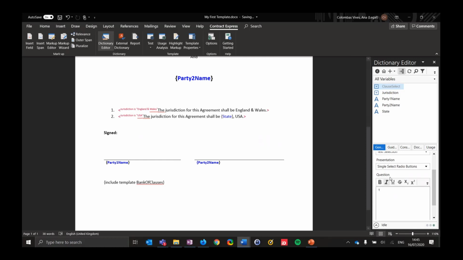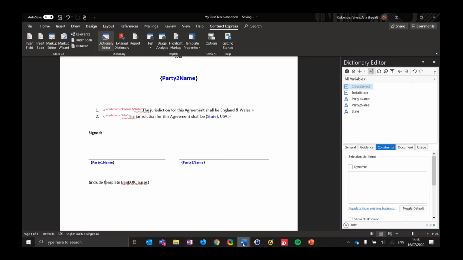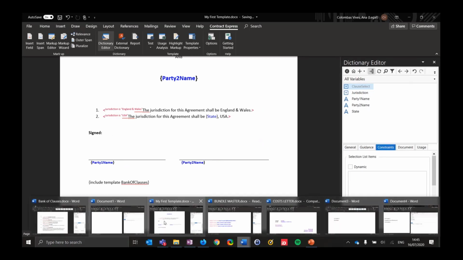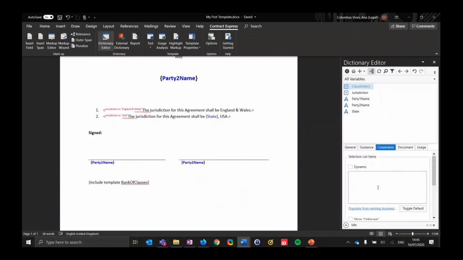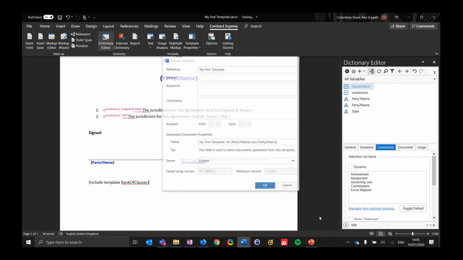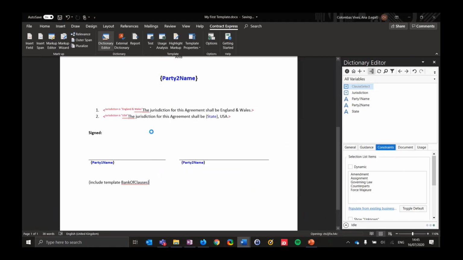clauses. I could even make it multi-select here. Select the clauses. Okay, and in the constraints, same thing. I would just pick up each of those constraints that I've set and paste them into the document that I want to use it in. Okay, so now if I launch this template,